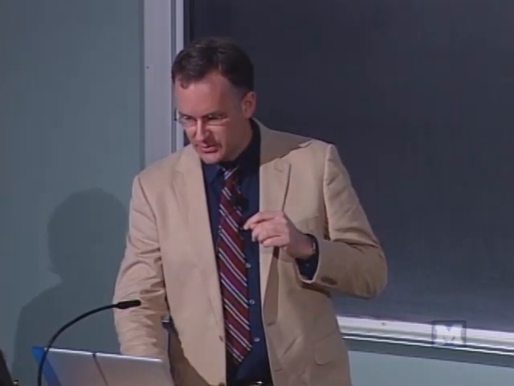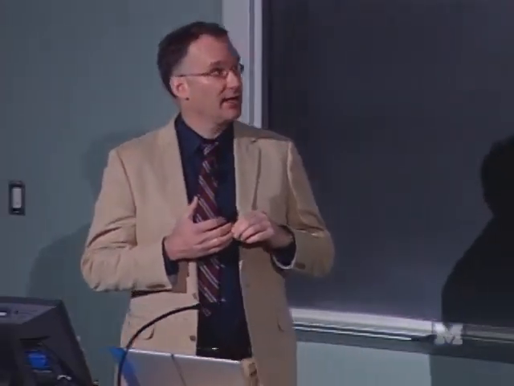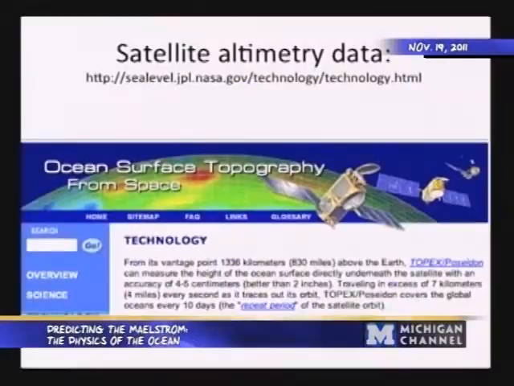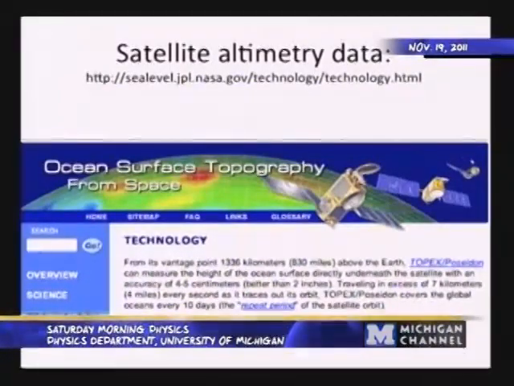Now, the next thing I wanted to mention briefly is satellite altimetry data. This is especially appropriate for this audience because this is a talk about physics. One of the triumphs of modern oceanography is these satellite altimeters. The word altimeter gives you a clue what we're talking about: it's measuring height. These satellites can orbit the Earth at something like 1,336 kilometers. They send microwaves down to the Earth's surface, and then they measure the return time. If the sea level is higher than average, then it's going to take less time for that microwave signal